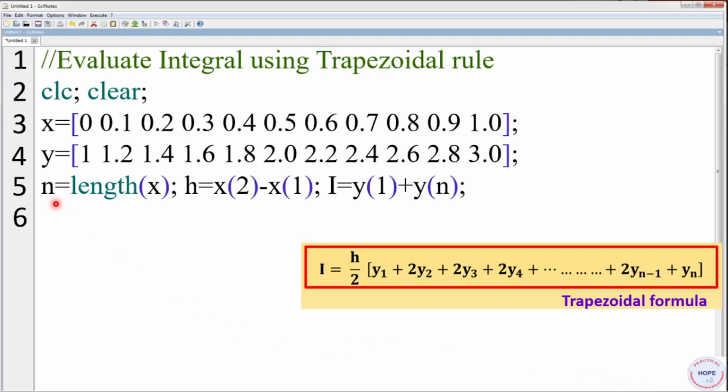Here, first we have calculated the length of x, that is the number of elements of x. Here we are having 11 terms. Next we have calculated h, that is step size, and it is x2 minus x1. x2 is 0.1 and x1 is 0. Then we have calculated this I equal to y1 plus yn, because from the expression you can see y1 is not multiplied by any factor, just like y2, y3, y4, and so is the case with yn. So we are adding y1 and yn initially to I, and then these y2, y3, y4 we will add later